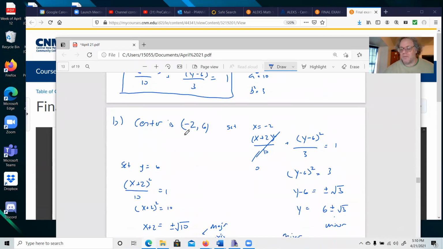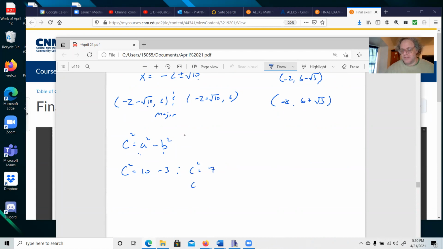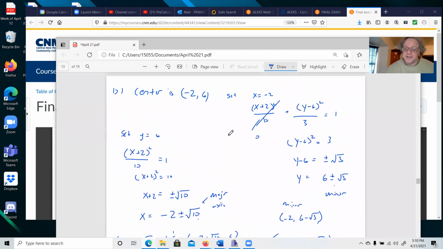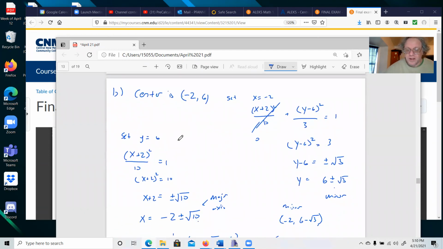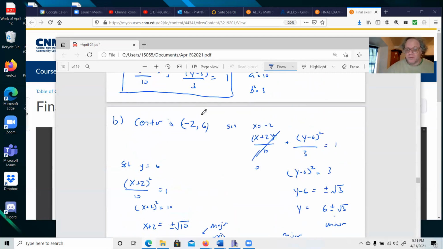That's our form. Minus b squared. That was 3. Okay. So c squared is equal to 7. C is equal to plus or minus root 7. And again, this is from the center. Okay, your foci are plus or minus root 7 from the center. All right, and it's along the major axis. Okay, so it's from the center along the major axis. The major axis was along the x side. Okay, so we're going to get